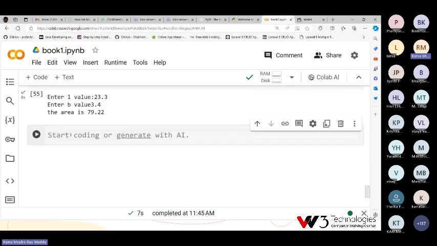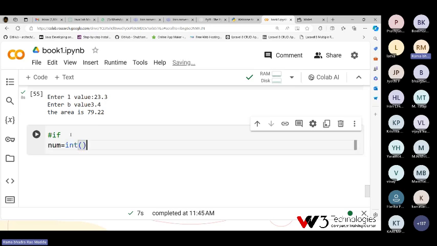At the same time, I'm going to use the for loop. It is a very simple thing you can use in Python. Before that, given a number, I need to test whether it is a positive number or negative number. So I'm taking a number: number is equal to int of input.